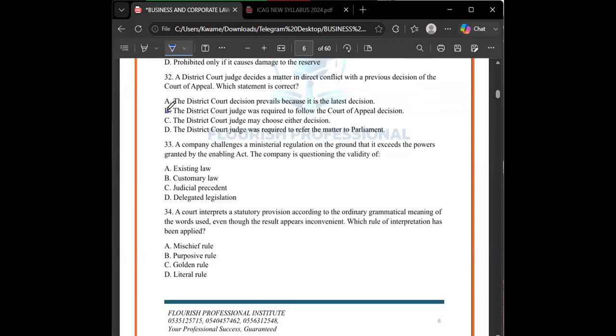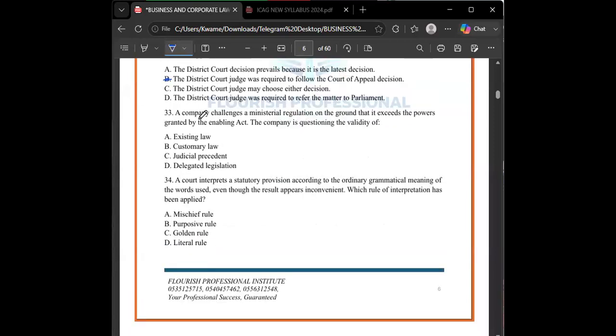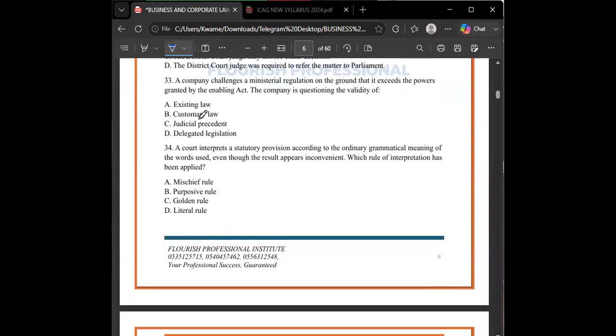If there are ones we are not explaining, if we get there and you still don't understand, please draw my attention. The reason why we are not explaining is because we've seen a similar thing already, so we can move fast. But if you do not get it, please draw attention. 33.